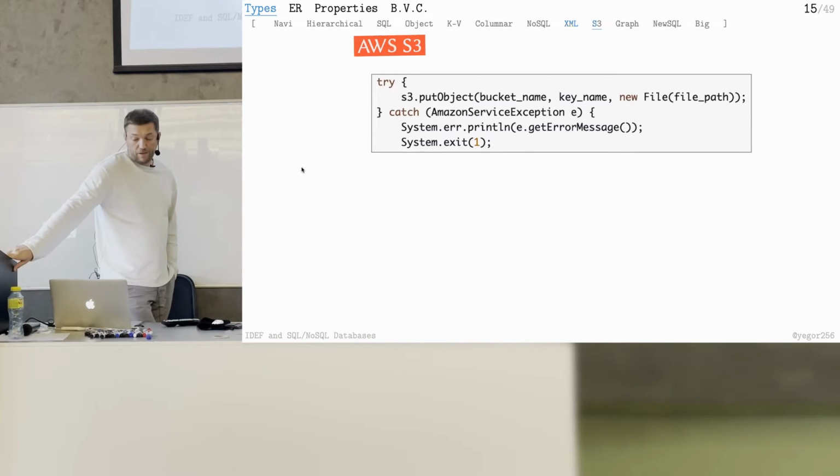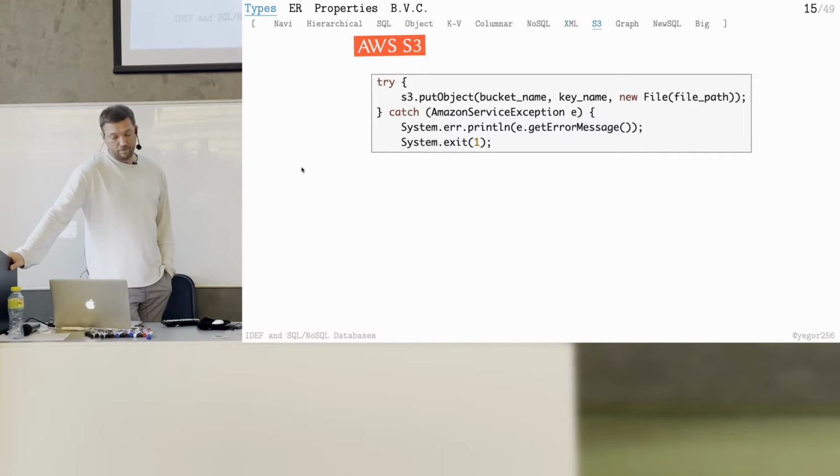Next one, which is a very interesting thing on the market, which in my opinion kills many other persistence storages, Amazon S3. Who knows what it is? S3, Simple Storage Service. Amazon S3, in my opinion, was a revolution. This is how Amazon Cloud started. That was the first service on Amazon Cloud, about 20 years ago.